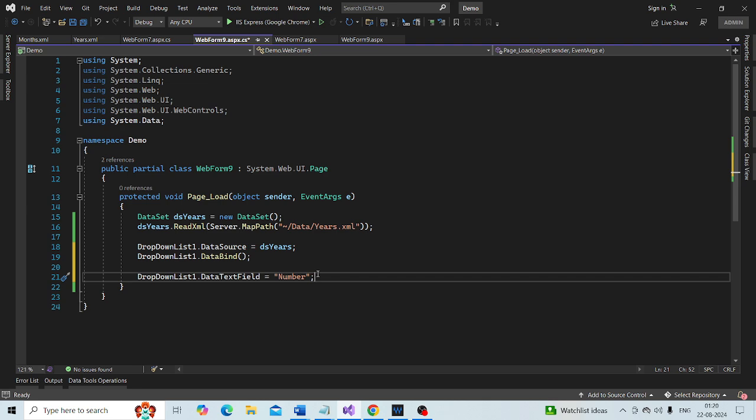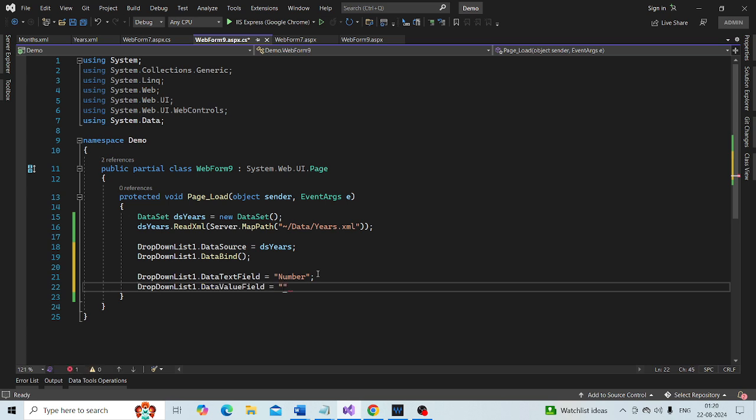And similarly, we also need to specify the data value field, and that is also going to be the number. That's it.